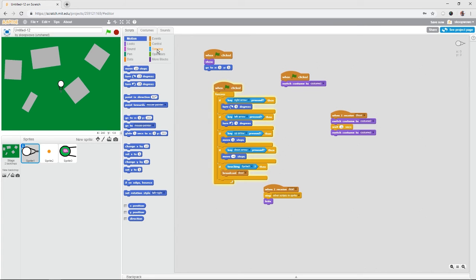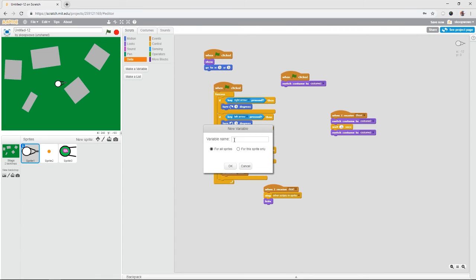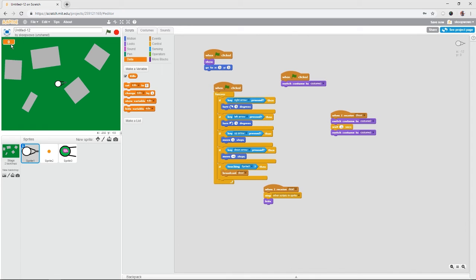But there's also, you can also add a kills counter. So if you want to track your kills, like you got 10 kills while playing this game, then you can do that, and I will show you how. So first, make a variable for all sprites and name it kills. Now, make it into one of these. So you want it to, when flag is clicked, set kills to 0, and when